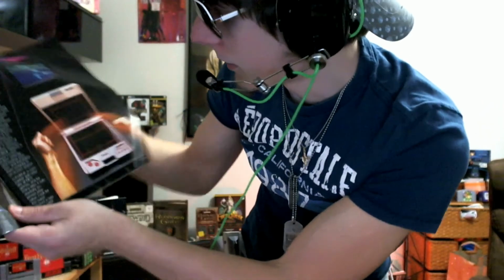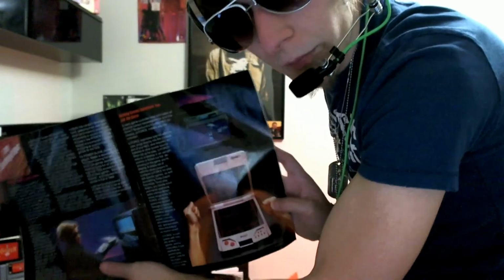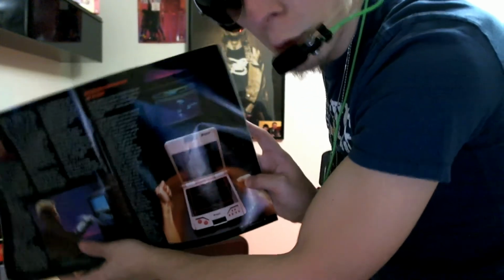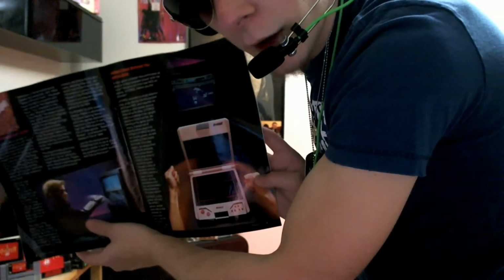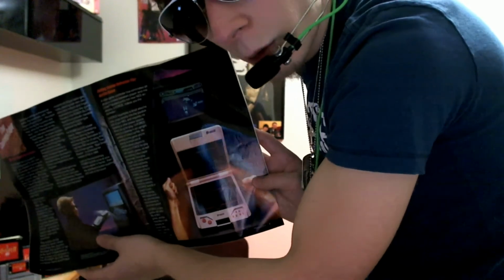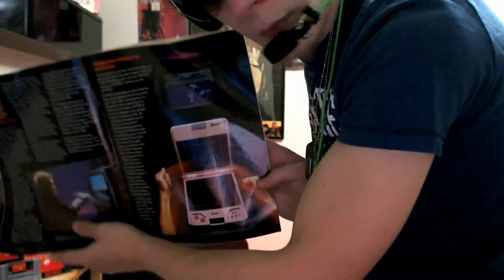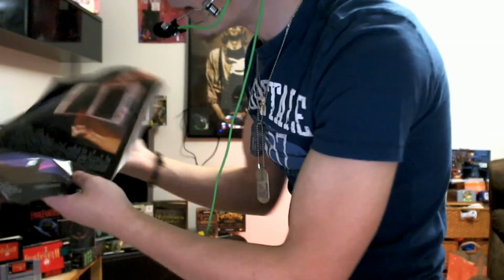This right here, this controller is called the U-Force. That's actually the console. Basically, it reads your soul. It thinks of anything that you've ever thought about that could be a sin. It brings you out of the purgatory of hell because you know you're a sinner. It then allows you to play the game after it brings you back. And